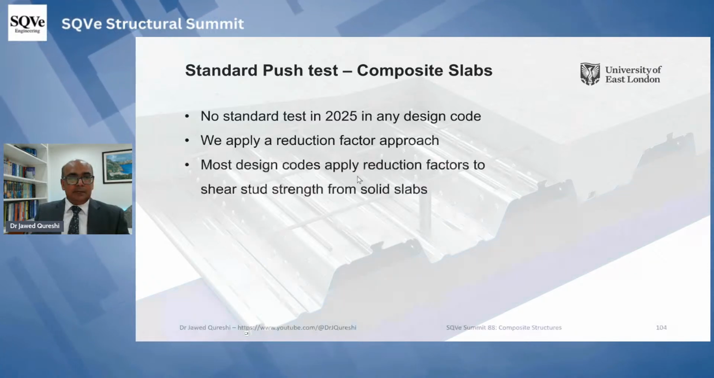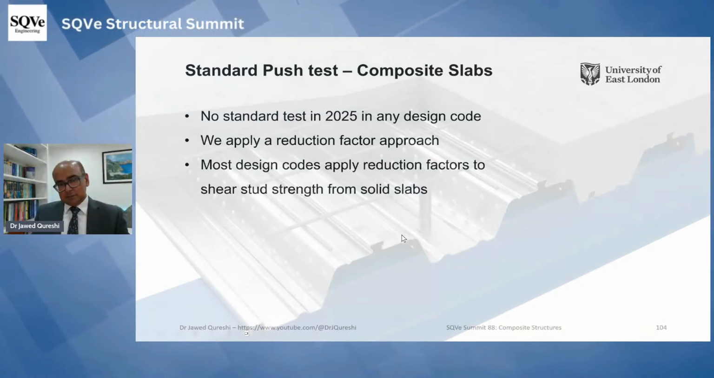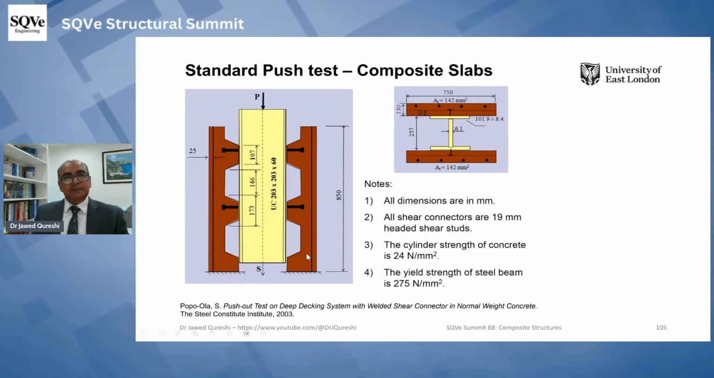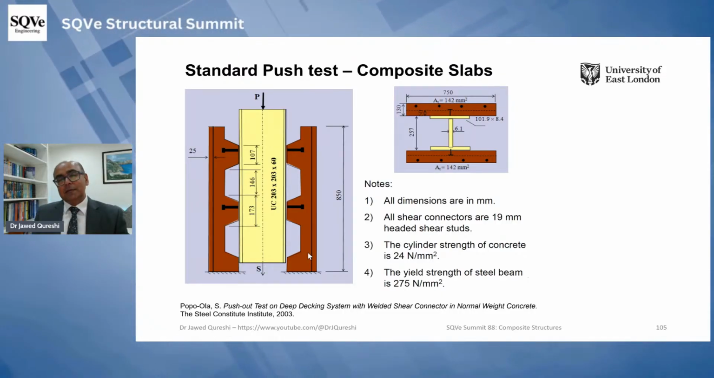Said this already, most design codes apply reduction factors to shear stud strength from solid slabs. This is the configuration for profile sheeting slabs. As you can see, in vertical direction, we have a beam. On two sides, we have profile sheeting slabs. And this configuration does not really work properly. So we thought to have a horizontal profile sheeting, and